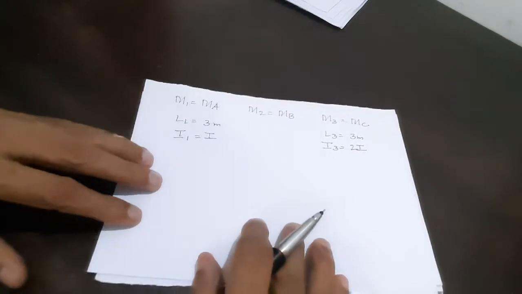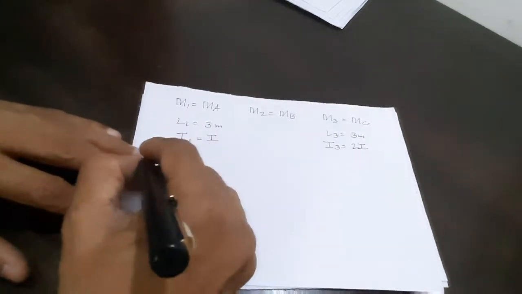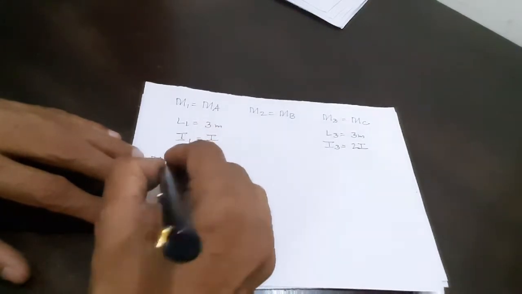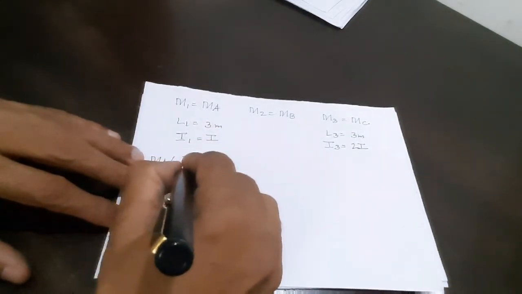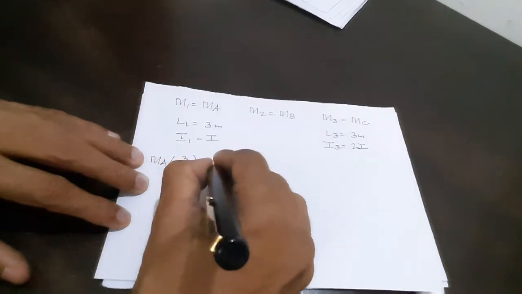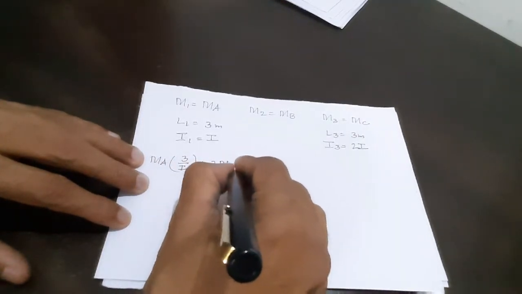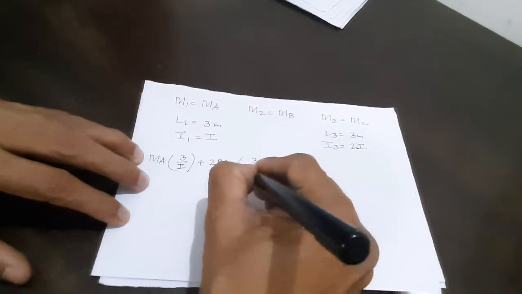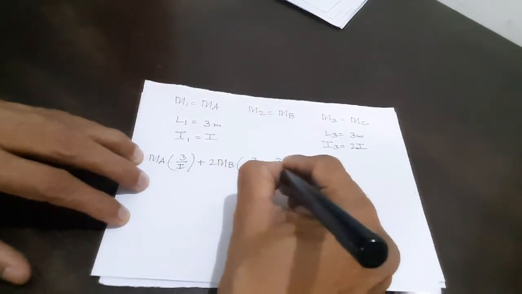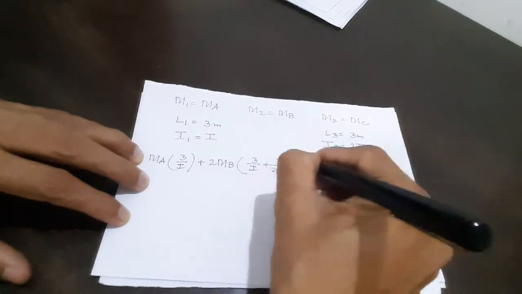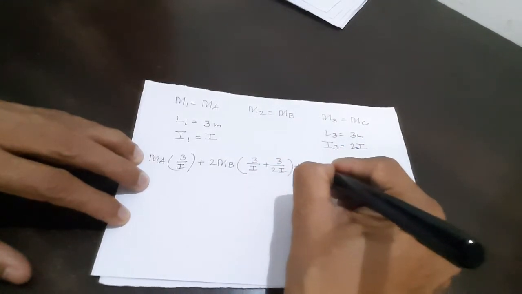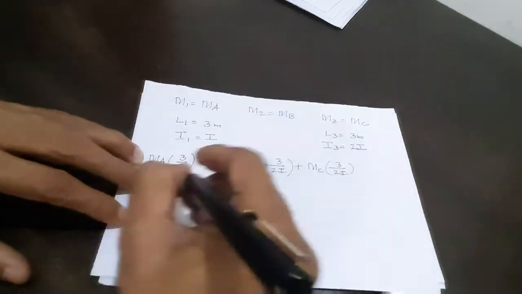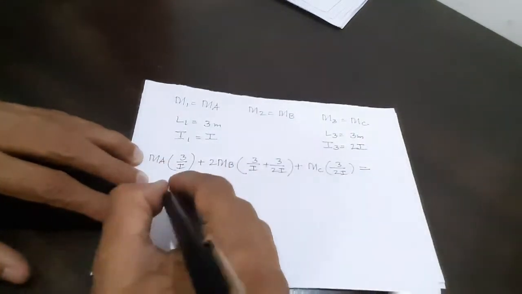So I am applying three moment equation, that is MA into L1 upon I1, that is 3 upon I, plus twice MB into L1 upon I1 plus L3 upon I3, that is 3 upon I plus 3 upon 2I, plus M3, that is MC, into 3 upon 2I is equal to,